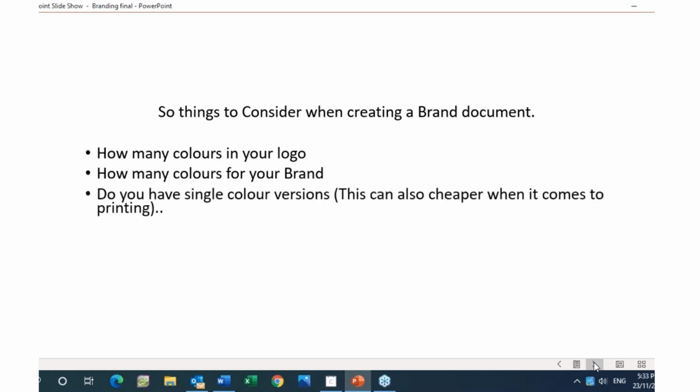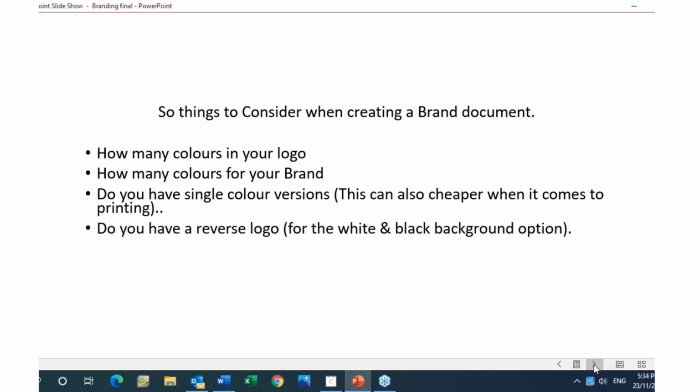Then, like I say, the single colour versions there. And generally, you'll find, speaking to your printers, they'll want to know how many colours they're going to be printing, and obviously the more colours in your logo, the brand, then the more expensive it's going to be. And then also consider that reverse logo, like I said, white on black and black on white version